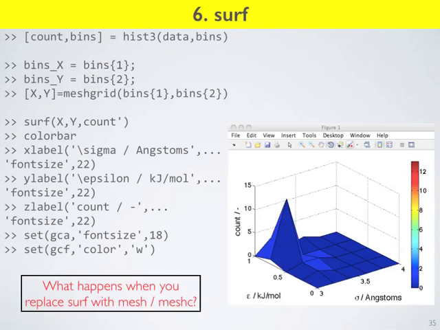One of the headaches which you're immediately going to see is you need to take the transpose of your count matrix in order to make the X's and the Y's match up. If you were to type this without this apostrophe, MATLAB would complain and say your dimensions don't line up nicely. So the apostrophe takes the transpose of a matrix, and it lines up the X's and the Y's properly with the axes. MATLAB gives you nice errors when something goes wrong, but just be aware of that.